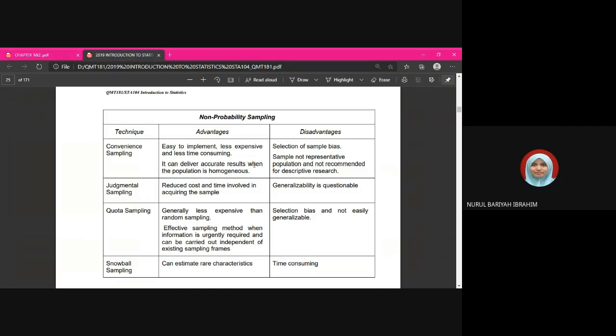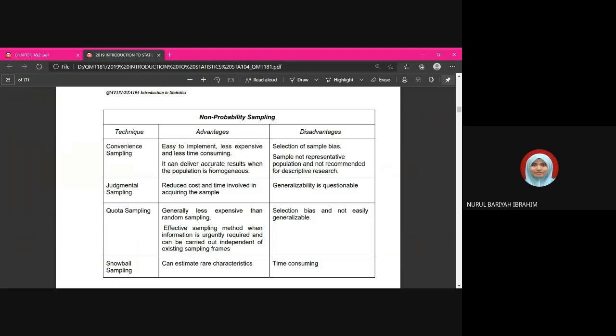Okay, it seems easy to implement, kan? So respondent datang je, any customer yang masuk ke dalam mall, dia akan bagi questionnaire tersebut at that time yang dia ada di situ, the researcher ada di situ. Okay, it is easy to implement, less expensive and less time consuming